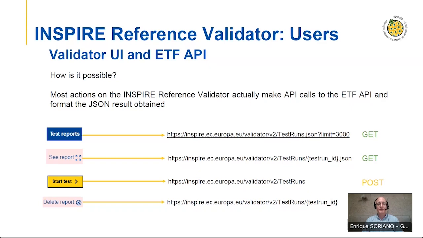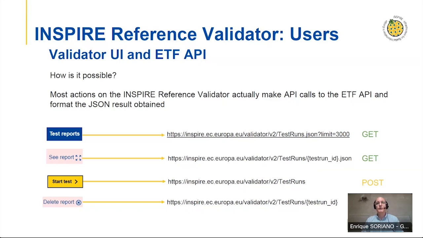If you see here, test report, C report, even the start test or the delete report are remote calls to the API. These calls are available in Swagger, an open API context, and you have lots of examples